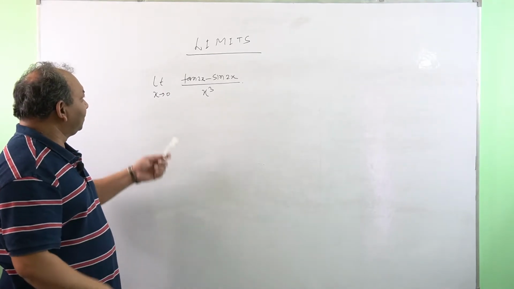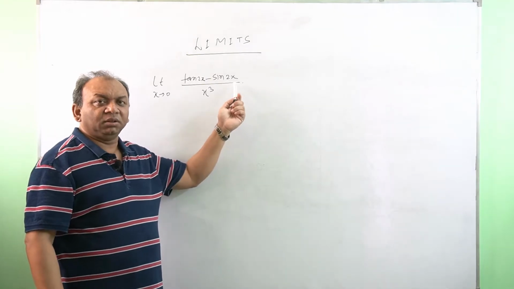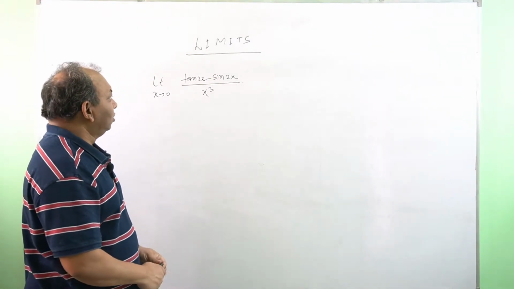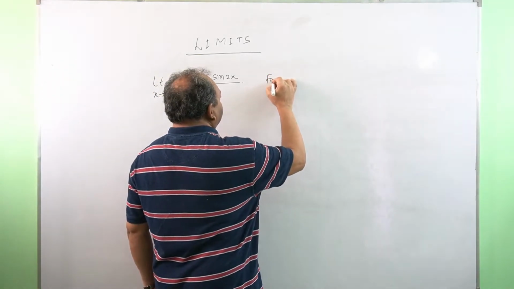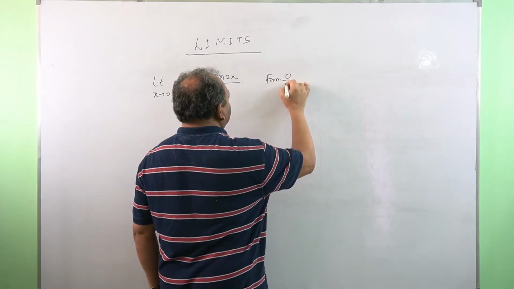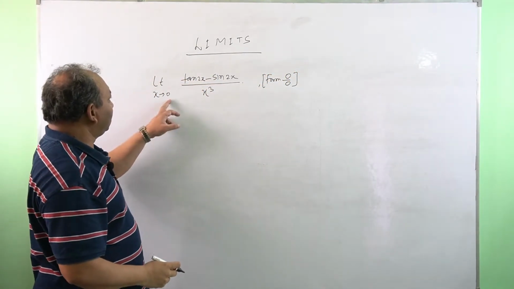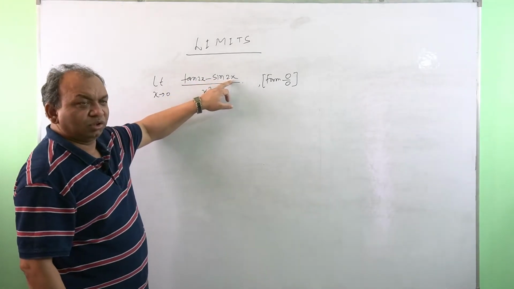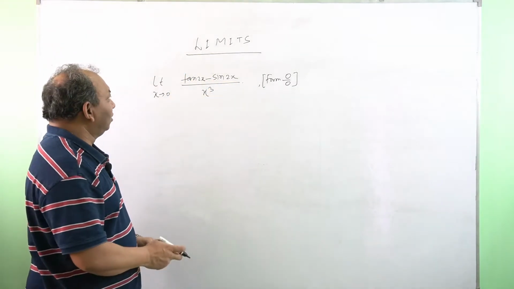The question is, limit x tends to 0, (tan 2x minus sin 2x) divided by x cube. This is of the form, meaningless form, indeterminate form 0 by 0. If we put x equal to 0, then tan 0 is 0, minus sin 0 is 0, divided by 0, means 0 by 0, meaningless form. Now